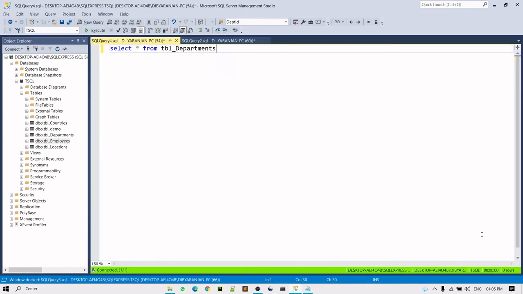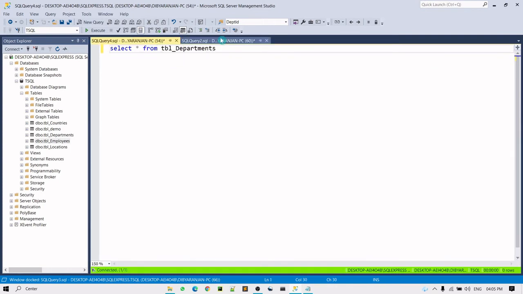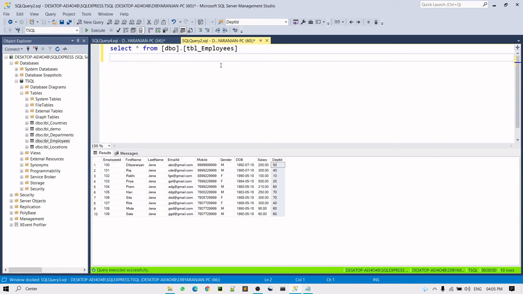So guys, the next utility we have here is to split your queries into two separate windows. Suppose I have two tabs opened here, and I want to split these two tabs into two separate windows so that you can compare and view the results in two separate windows.